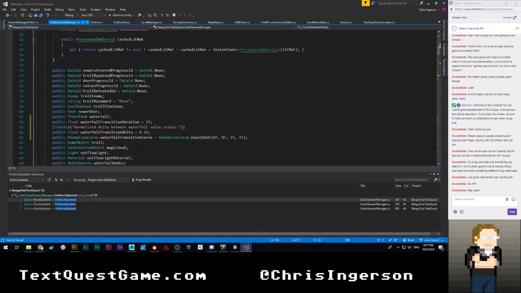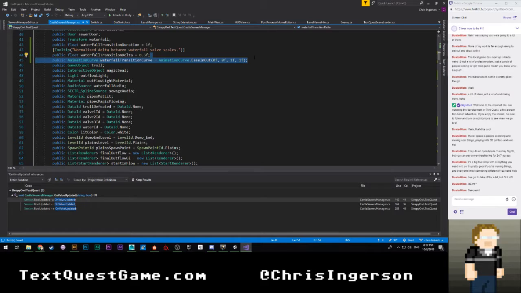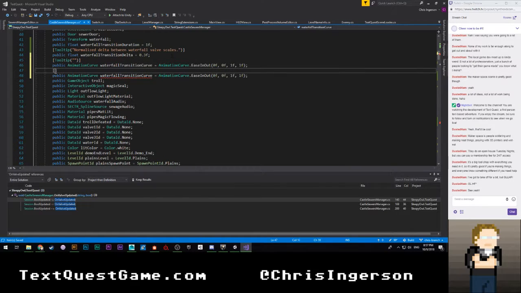So we're going to go up to here. Animation transition curve. And for this it's going to be a little different. We're going to paste this in. We're going to tooltip this. Okay. And this is just going to say, instead of transition curve, animation transition. I guess I could just call it waterfall curve. So this is going to be curve transition, curve waterfall